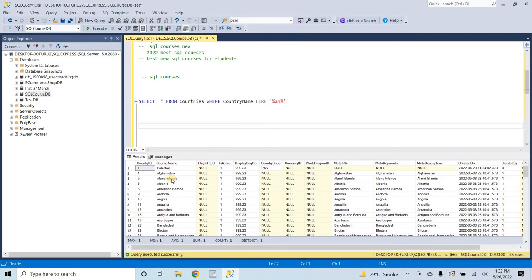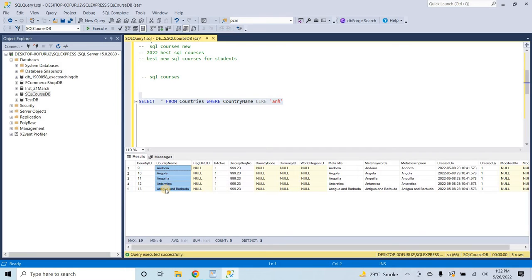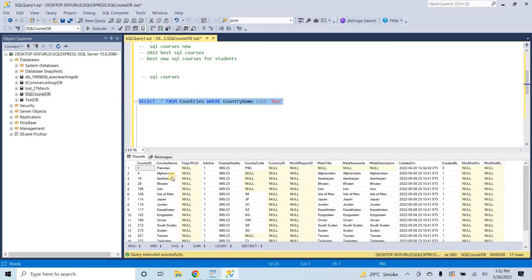Now let's suppose I want to get all the countries that have AN only at the start of the country name. I will remove this percentage operator. Let me apply. There are only 5 countries that have AN at the start. Now let's suppose I want to get all the countries that have AN at the end. I will remove this one. There are 17 countries, like Iran, here you can see Oman, Japan, Jordan. These countries have AN at the end of the country name. So we use the LIKE operator for this kind of functionality. Okay,